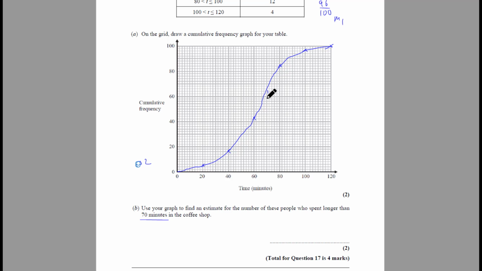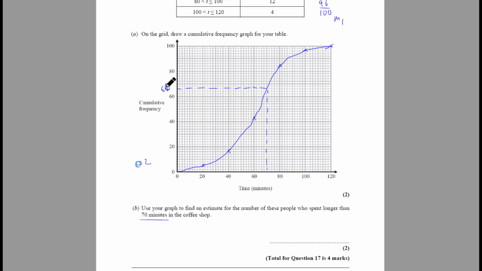Let's go to 70 minutes, draw a dotted line. Now go across. Now obviously use a ruler, guys. They do give you a range of values for this. So here we can see this is